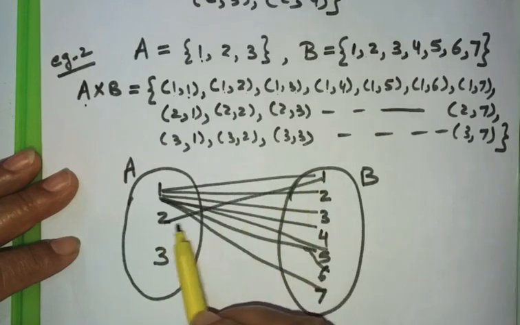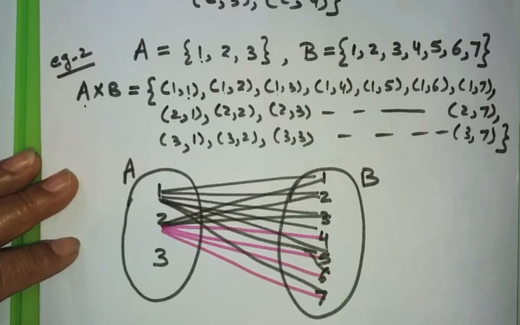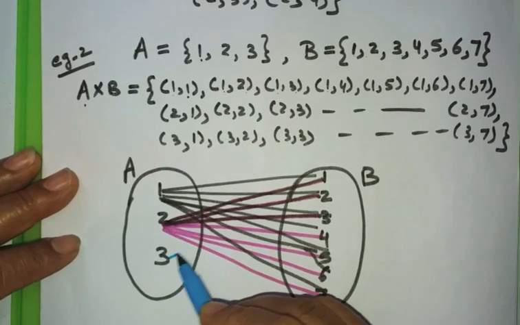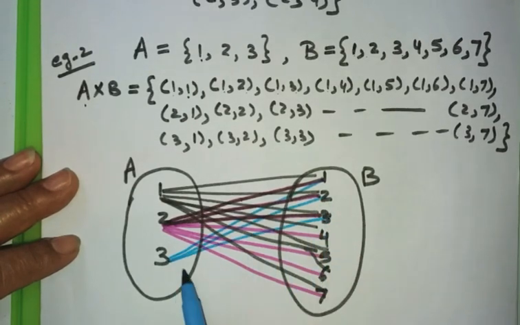Similarly, we are going to pair up 2 with 1, 2 with 2, 2 with 3, 2 with 4, 2 with 5, 2 with 6 and 2 with 7. Similarly, we can pair up 3 with all the 7 elements. So 3 with 1, 3 with 2, 3 with 3, 3 with 4, 3 with 5, 3 with 6 and